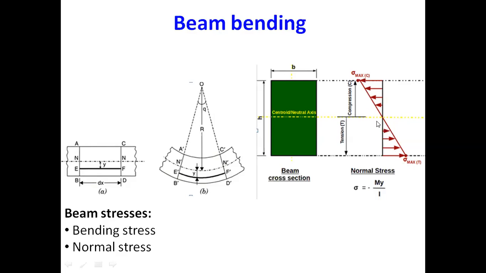And the stress distribution we just discussed, you would see that the bending stress varies linearly with height, with variation in y. With variation in y, the bending stress varies linearly. This is the model that we would discuss in our next slides. Sigma, the bending stress, is equal to M, which is the bending moment, times y by I. Y, we are changing y, we are moving from here in the vertical direction, we are changing y.